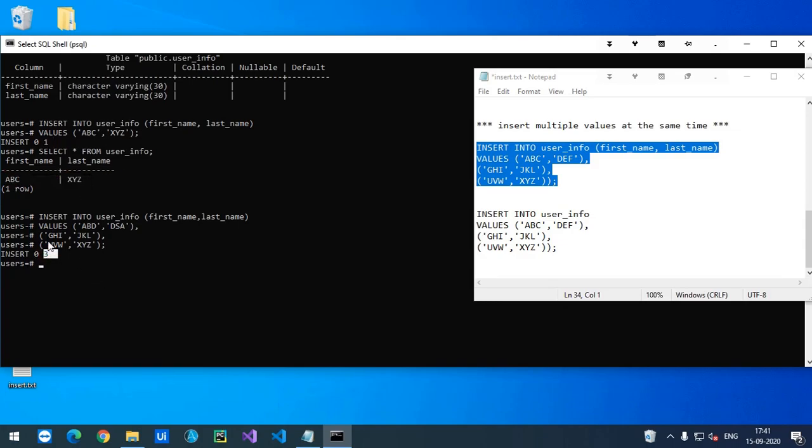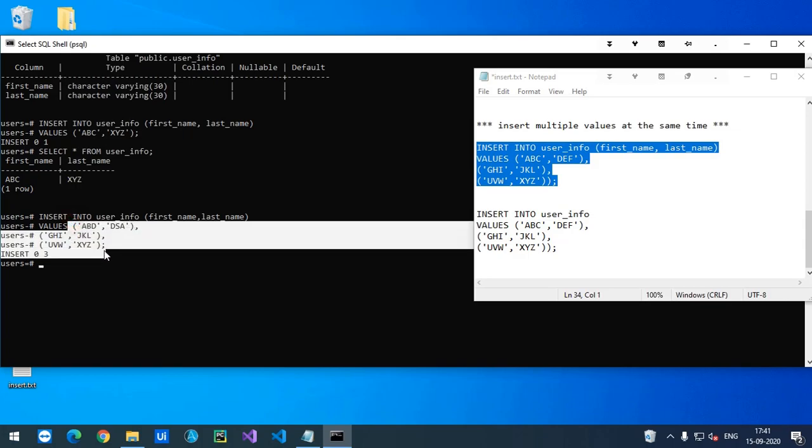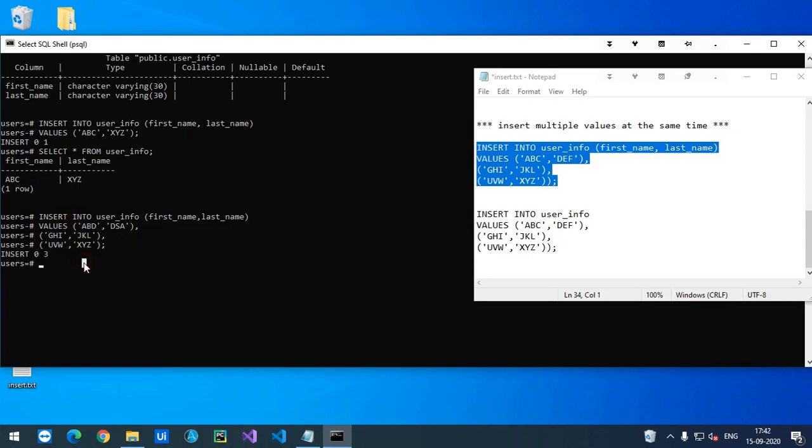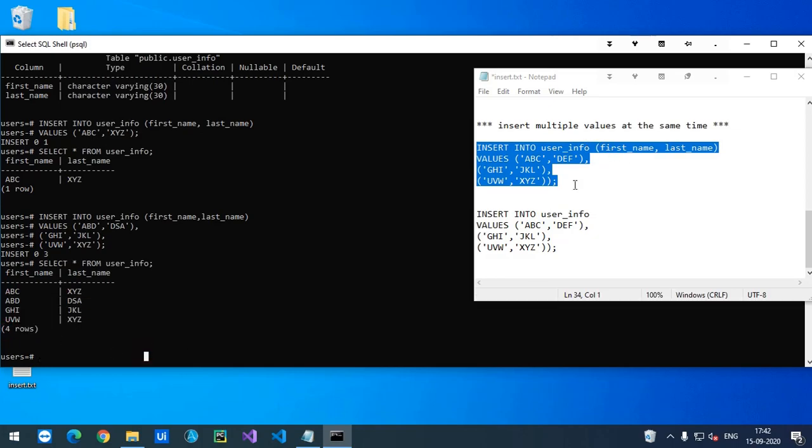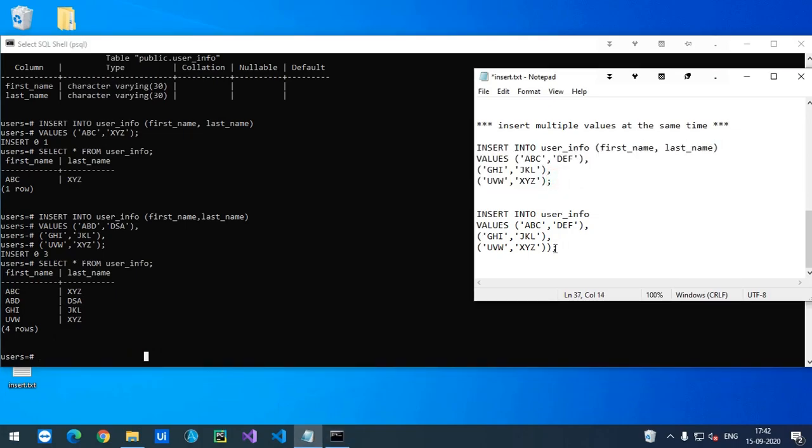Here we are inserting the 3 values at a time. Select all from user info. You can see these 3 values and there are now 4 rows. So by this we can insert multiple values inside the table.